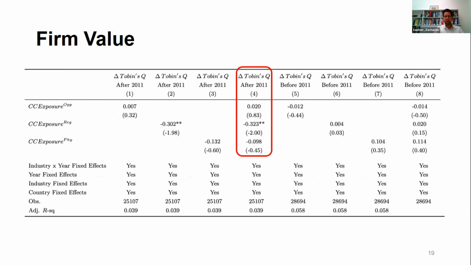Now, I think it's important to also show, because we're in finance, that there are some value implications of the measure, which is exactly what we find. So we find that after 2011, in the second part of the sample during which exposure increased quite a bit, as you've seen earlier in the figure, firms with higher regulatory exposure to climate change have lower firm valuations. We don't yet find that opportunities are priced. We also do not find that physical risks are priced, maybe because these risks can be better insured. And again, we only find these effects after 2011, which, as I said, is plausible in terms of the dynamics we've seen.